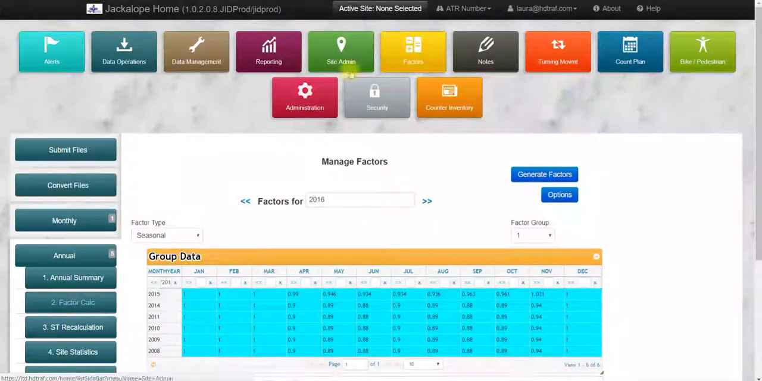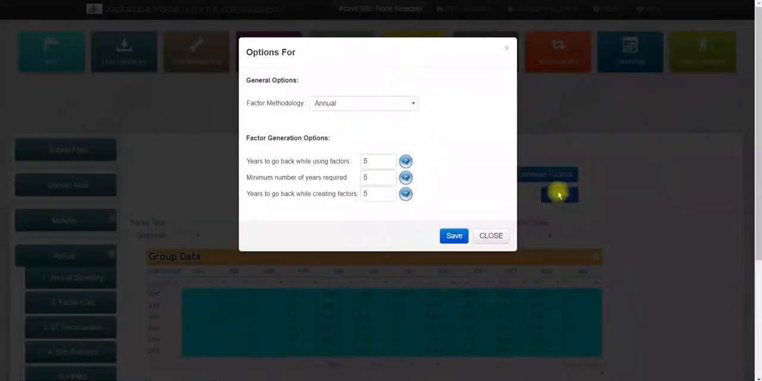Initially, you will be brought to either the most recent year or the year that you had looked at last. I was looking at the year 2016 last time I was in this database, so that's what's being brought to my screen. You'll also always be returned to the factor type and the group that you had been looking at most recently. So to begin, you want to start by clicking the Options button, and you will want